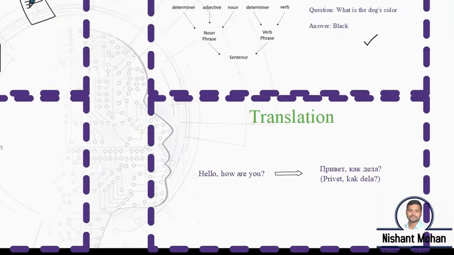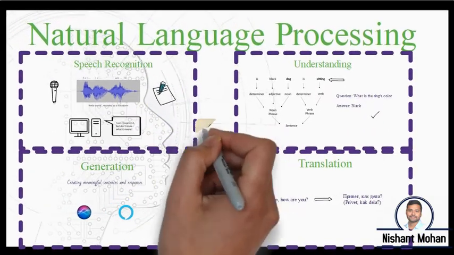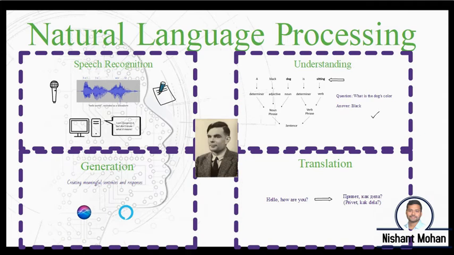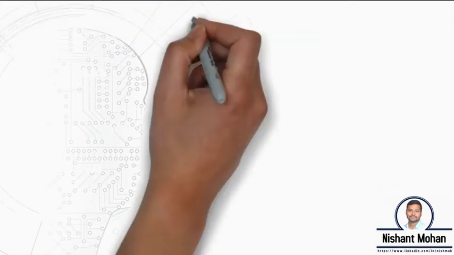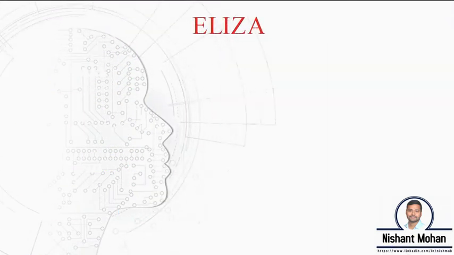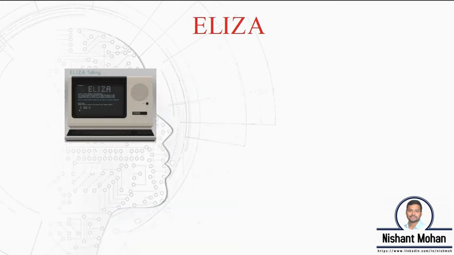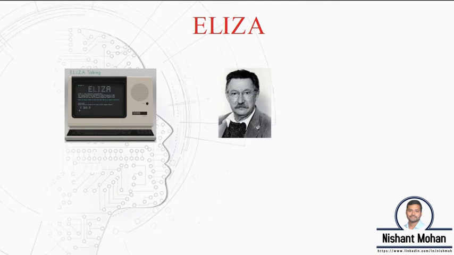NLP is one of the core problems in AI research. It closely ties to the Turing test, where a machine shall be able to communicate in a fashion indistinguishable from a human. A famous example of a machine that could give an impression of communicating with humans was ELIZA. Developed in the 1960s by Joseph Weizenbaum, while ELIZA didn't understand any of the language, it could often make reasonable responses based on some set rules.